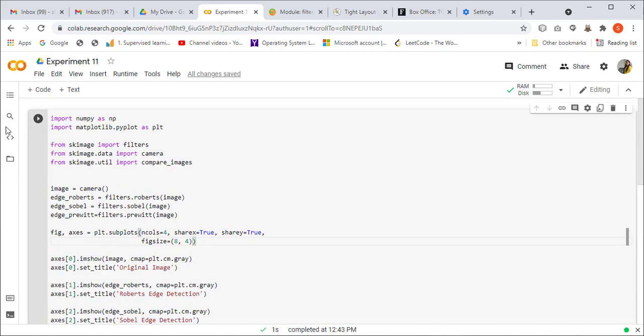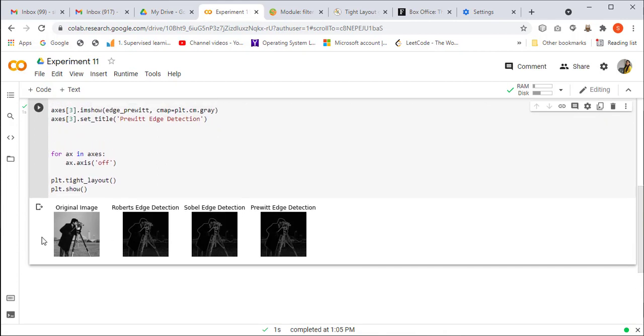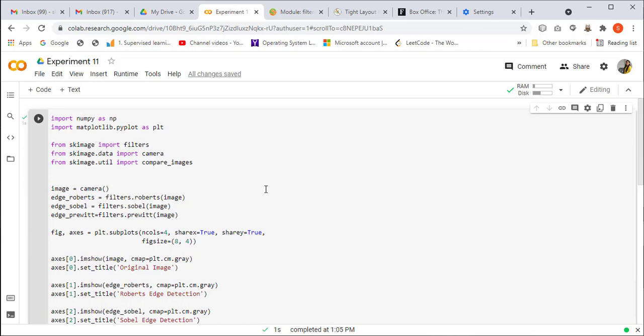So let's execute this now. When I execute, this is the output that I have got. Since I set the first axis as 0, this is the original image, this is the Roberts edge detection, Sobel edge detection and Prewitt edge detection.